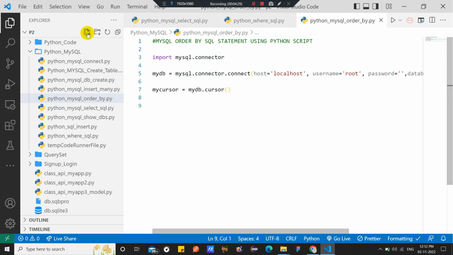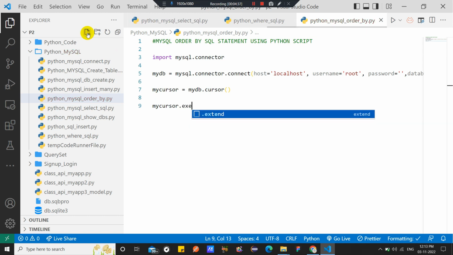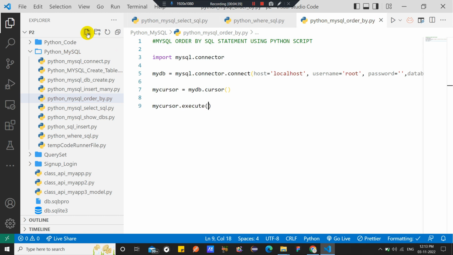After that you have to write the SQL statement inside the execute function of the mycursor object, mycursor.execute. Inside that you have to write select star from the table name, that's student: select star from student,